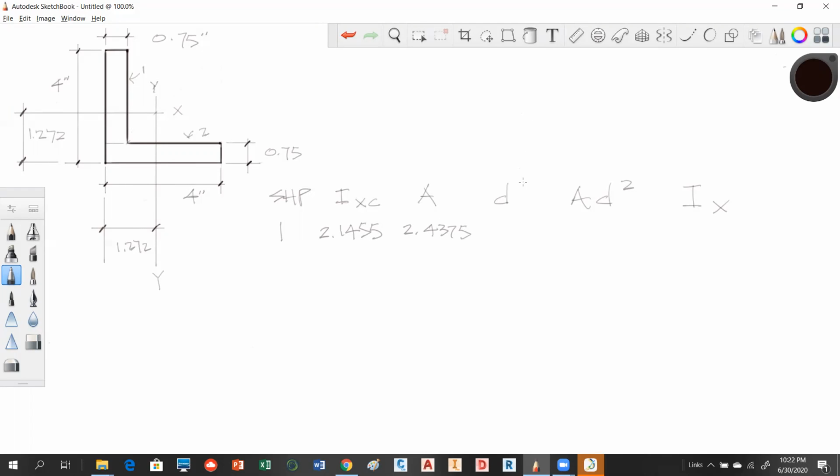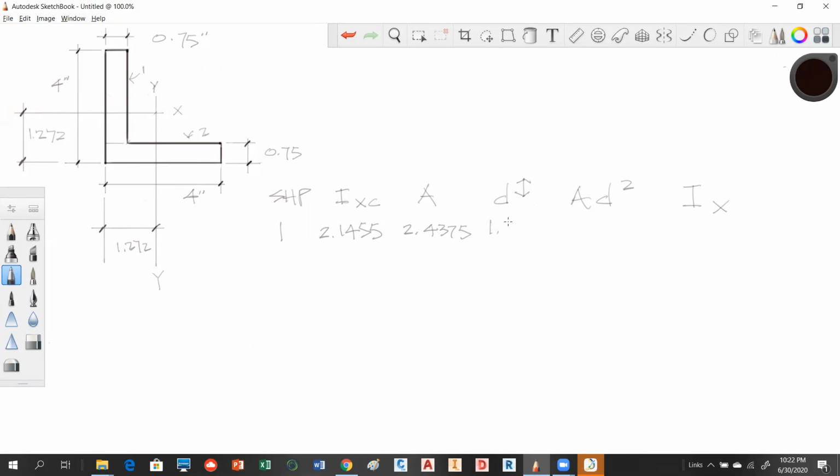So the distance D, remember, you're going from x centroidal axis to x centroidal axis. So this axis as compared to the axis of this guy. This axis would actually be 1/4 up plus half of 3 1/4 minus the 1.272, and that would be the distance of separation. So again, 0.75 plus half of this side, which is 3 1/4, and that total minus this. And what we'll find out is, when I did my math, you can check this, I got